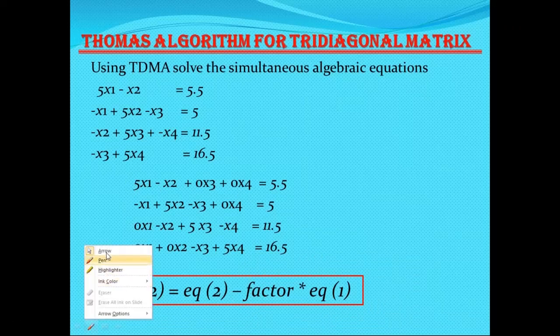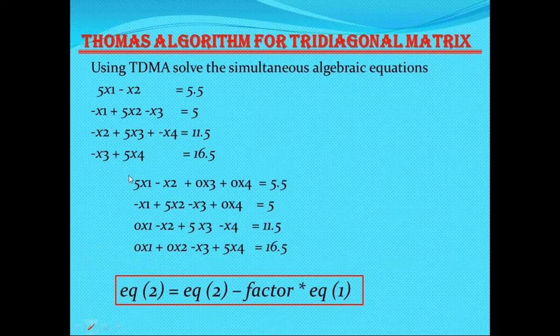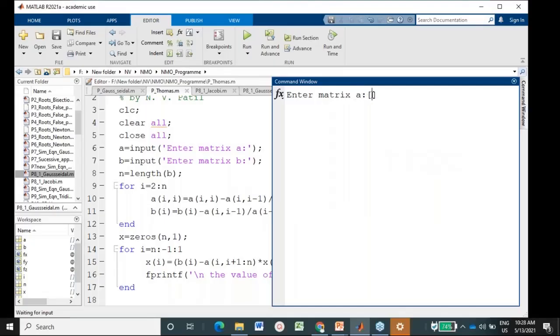So this is the left hand side matrix which we input as A. And whatever the values to the right hand side of equal to will be considered as the B matrix. So remember these values we are going to put. First row will be 5 minus 1 0 0. Second row will be minus 1 5 minus 1 0. Third row is 0 minus 1 5 minus 1, and fourth row is 0 0 minus 1 and 5. So these are the elements for the A matrix. So let's input these matrices in MATLAB. So here we have to write the first row element, that is 5.